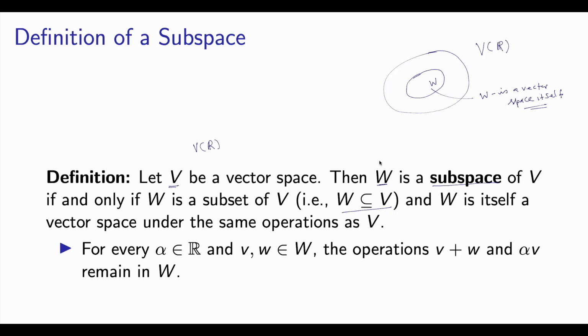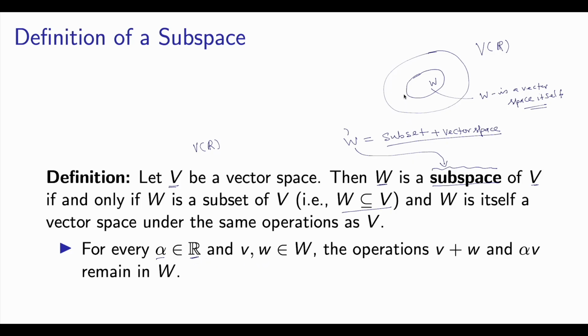If these two conditions are satisfied, first it is a subset, and then a vector space, then we call W a subspace of V. Okay. So in other words, you can say for any alpha belonging to R, the field element,